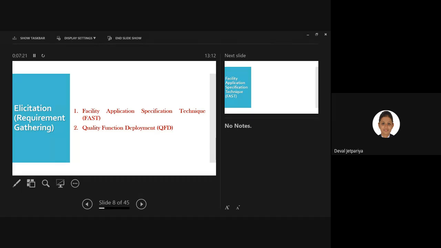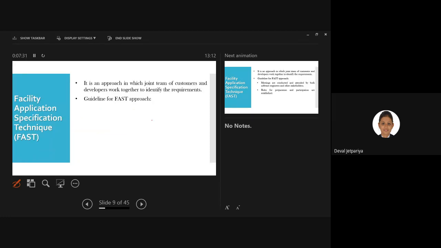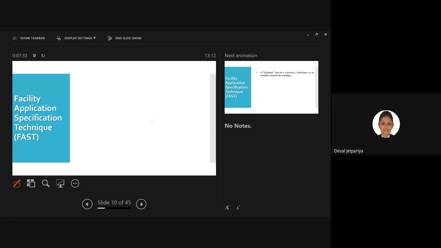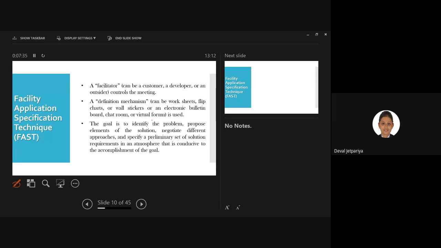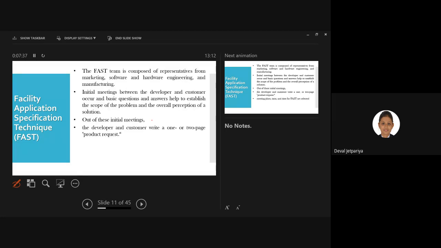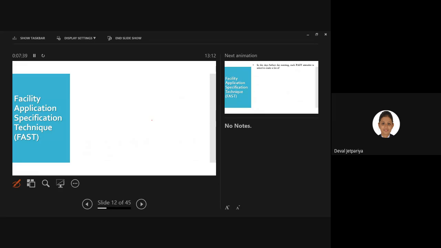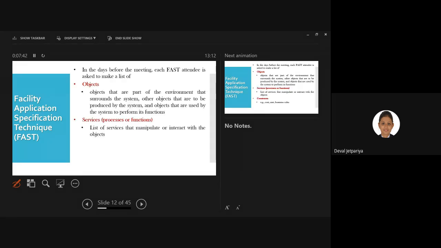Further, we had seen that there are two types of gathering that we can perform. One is FAST, second one is QFD. So in FAST, we are focusing on what type of meetings we are arranging, in what type of area we are focusing, right?